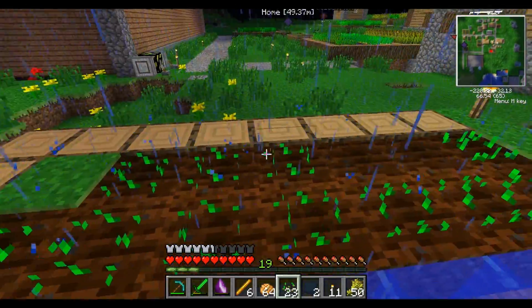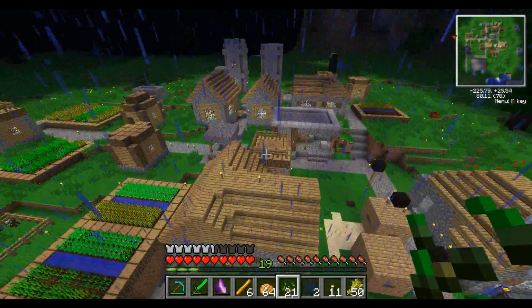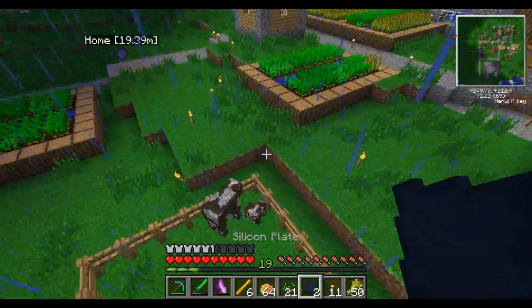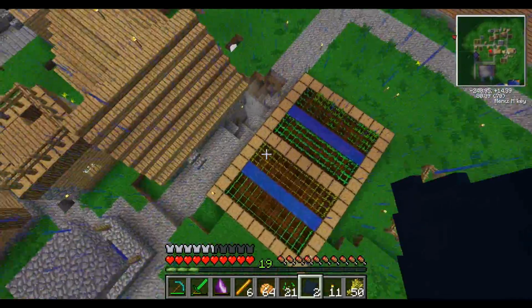Place this down. So obviously I'm utilizing their farms. I'm pretty sure all the villagers are dead. I keep seeing one floating around, but there's none in the houses. No, this cow isn't grown yet. There's none in the houses, so I'm pretty sure all the villagers are dead, and I'm pretty sure that's my